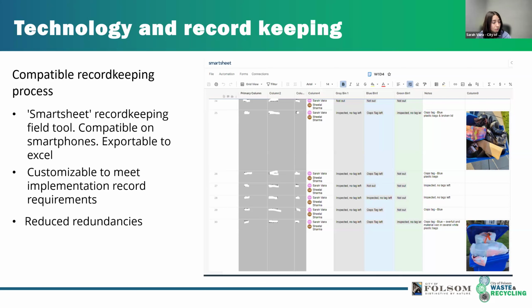After collecting this data, we could export it to Excel. And from Excel, we could import it into our internal database, as well as save that document into our implementation record. So this is a key thing. Every operation is different. We needed to be efficient. We needed to reduce these redundancies, and we had to figure out something that worked for us. This was a bit experimental, but I'd say it was a good match. It might not be a good match for every jurisdiction and operation, but for what we had available to us, this is what we found to work. Next slide, please.